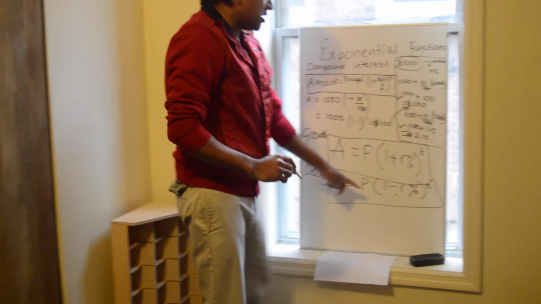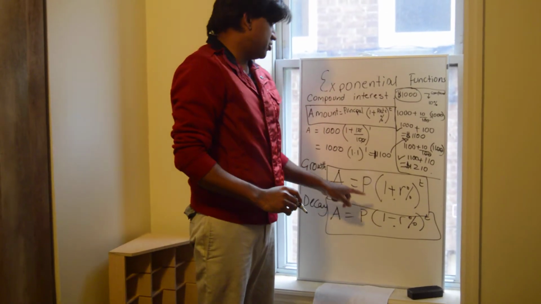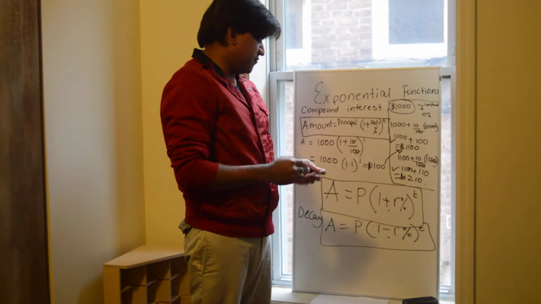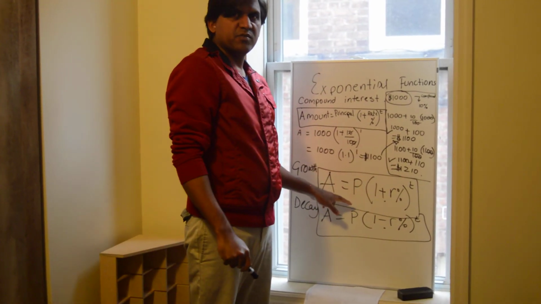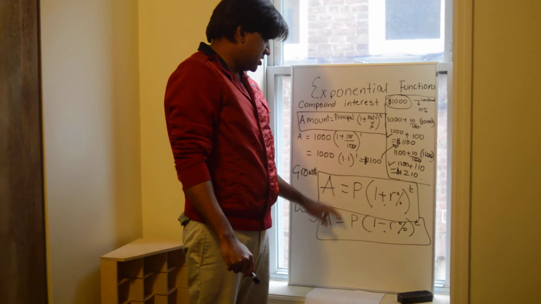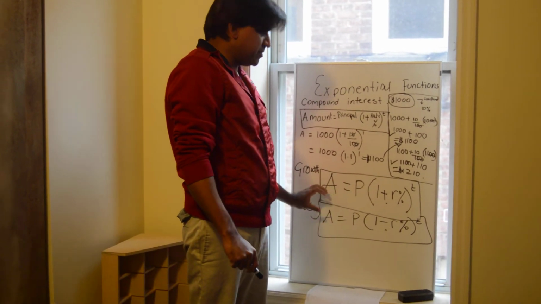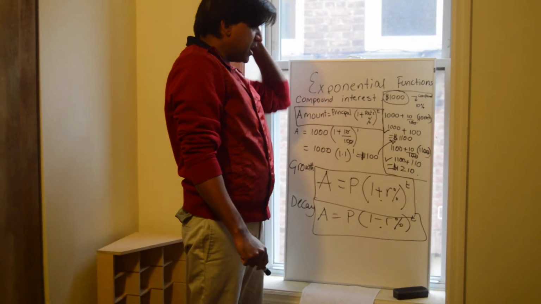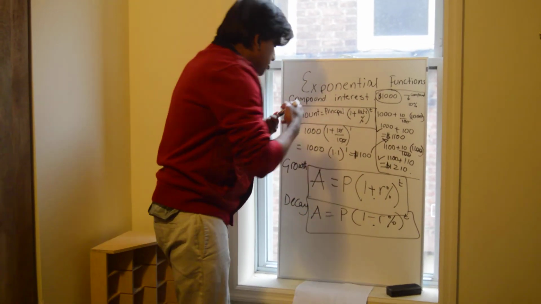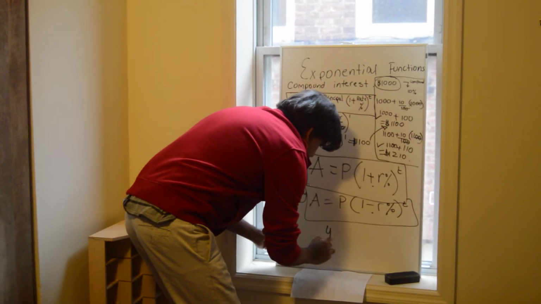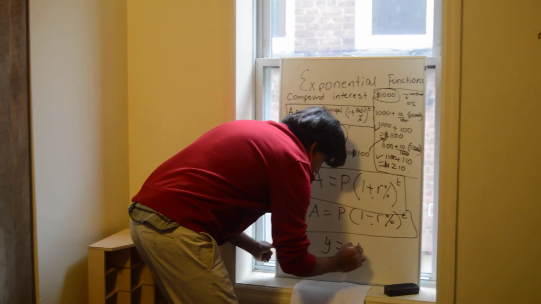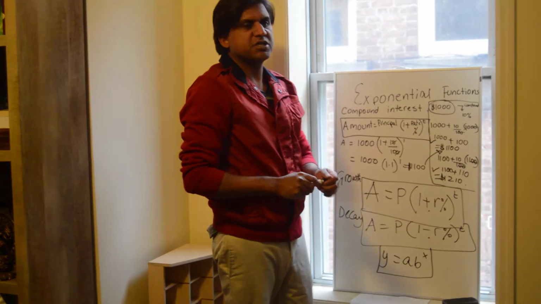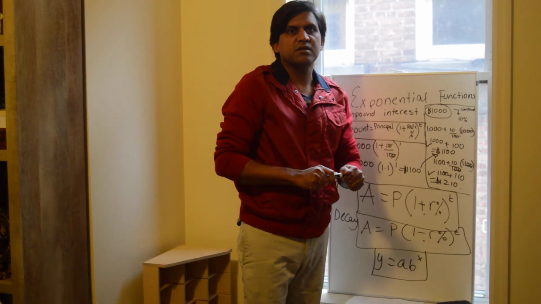Like when you buy a car, you'll use this formula. When you invest money, when you buy bonds or investments, you'll use this formula. Okay? So these are the two main formulas that you will be using to solve these questions. And other than this, you'll be using that y is equal to ab to the power x. If you recall these three things, you'll be in a good position to solve most of the questions in exponential